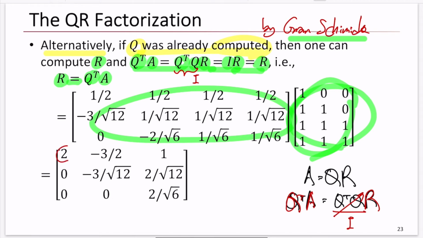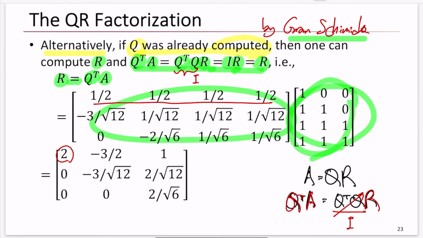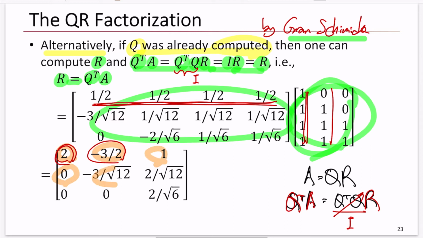First of all, this one comes from the first row of the first matrix and the first column of the second matrix. So this is 2. For this one, we should compute this matrix times this one. Similarly, we can find 2, -3 over 2, 1, 0, and so on. So this exactly